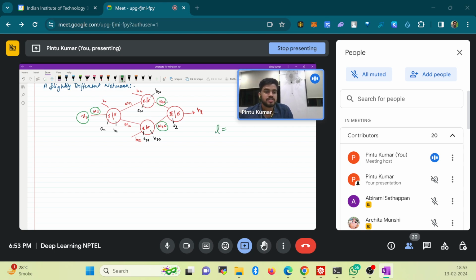Again, the loss function that we are considering is nothing but y minus hL whole square. This is the simple loss function that we are considering. We'll go to classification loss in the second half of the lecture. We'll just finish this quickly. So what is my del L by del